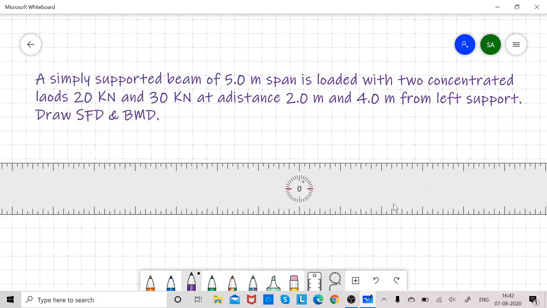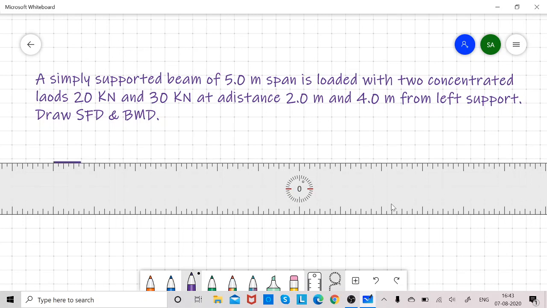A simply supported beam of 5 meter span is loaded with two concentrated loads, 20 kilonewton and 30 kilonewton, at a distance 2 meter and 4 meter from left support. Draw SFD and BMD. To start with, I will draw a beam